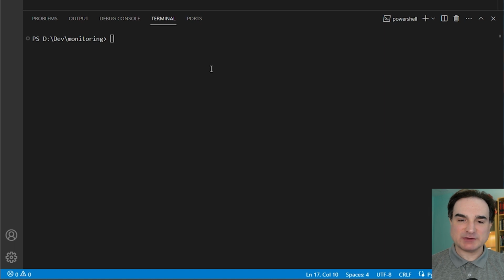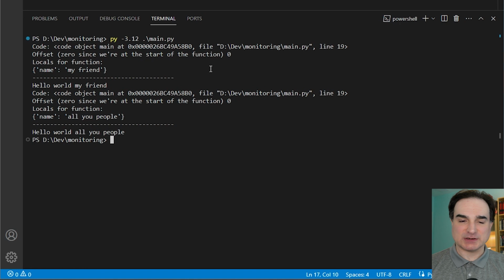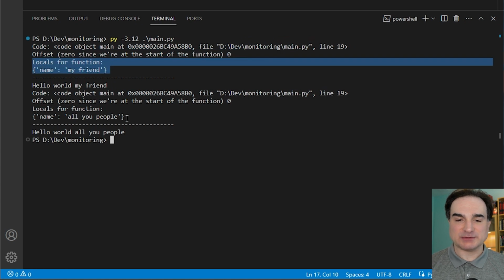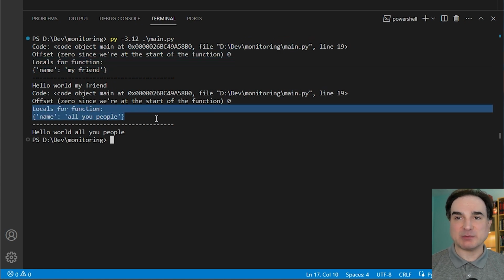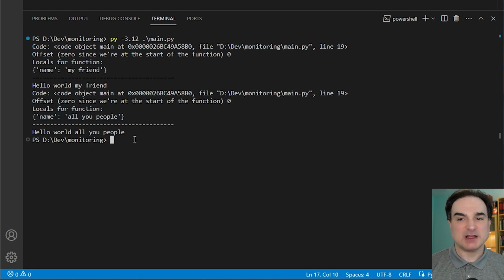Now, when we run this code, our main function will run, and that will trigger our monitoring hook. And our monitoring function will dump a bunch of useful information about that called function to the console, including the function itself as a code object, its position in the code, and the state of any local variables when it starts. That last one, by the way, we got by inspecting the stack frame. We have the entire stack frame for the function available to us. We could get many, many more details than this if we wanted to.